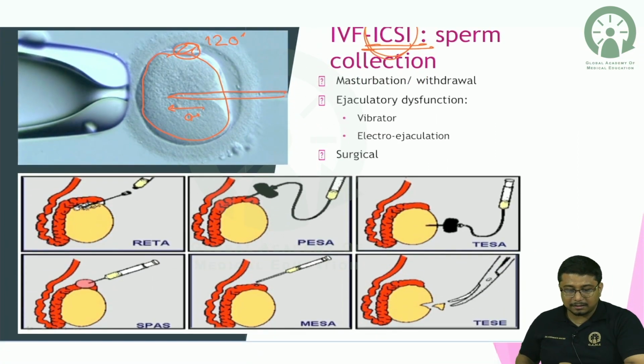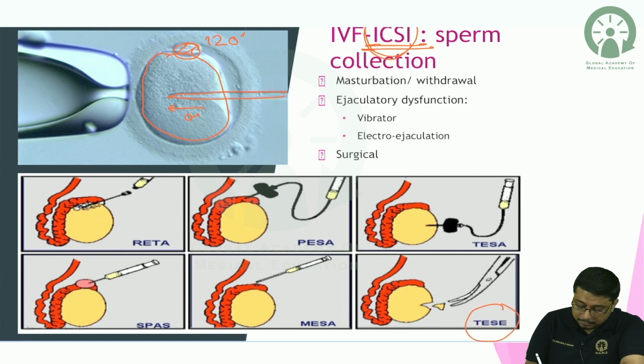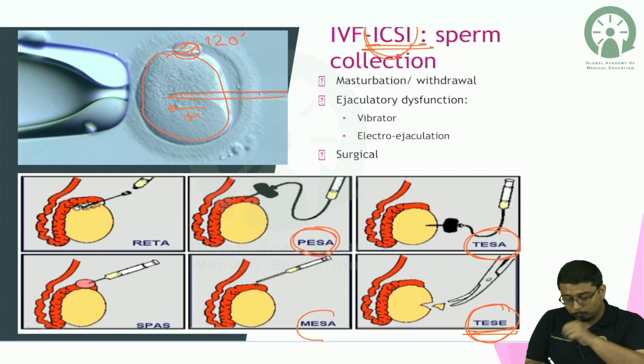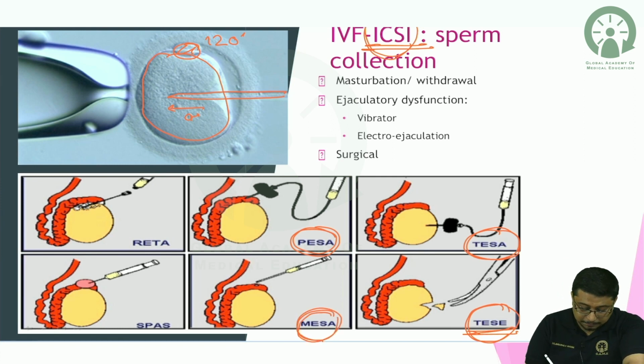So different testicular aspiration techniques: doing testicular biopsy, testicular sperm aspiration, this is testicular sperm extraction, this is percutaneous sperm aspiration, this is microsurgical sperm aspiration, this is rete testis. So these four full forms at least should be known. Okay,